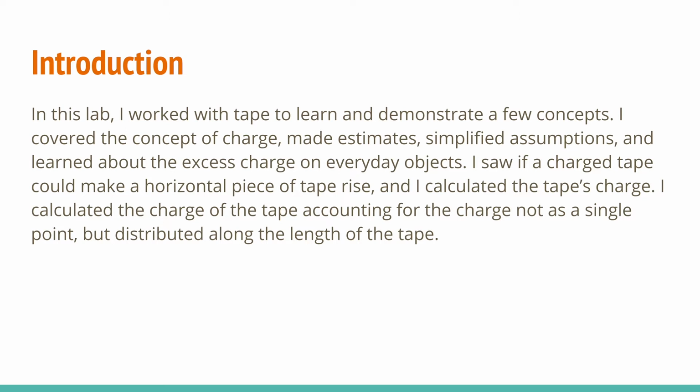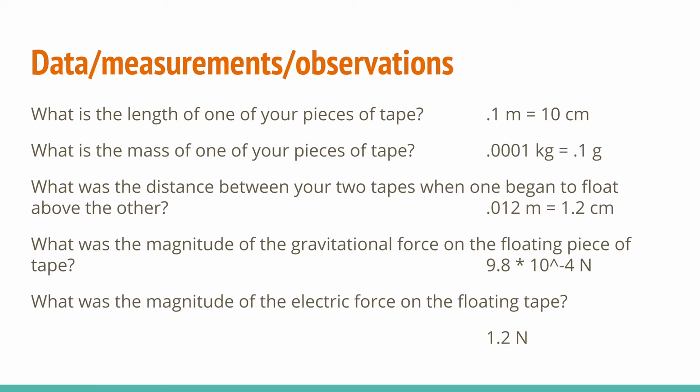I calculated the charge of the tape, accounting for the charge not as a single point, but distributed along the length of the tape. The length of my pieces of tape were each 10 centimeters, and they each had a mass of 0.1 grams. The 0.1 grams was calculated from the measurements of the tape's length and width, so it is not entirely as exact as if I weighed them on a scale, but it is an approximation of the mass, which could have affected the results below. The distance at which my tapes began to float was 1.2 centimeters, and the magnitude of